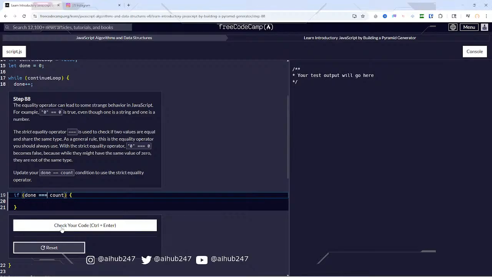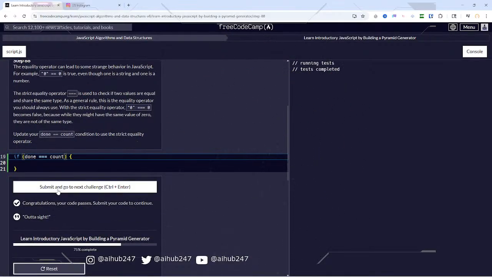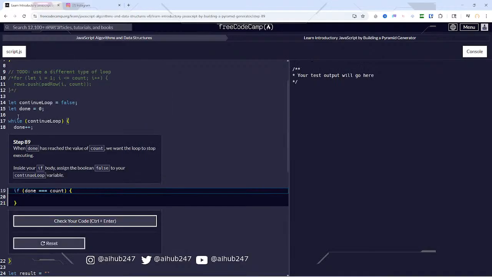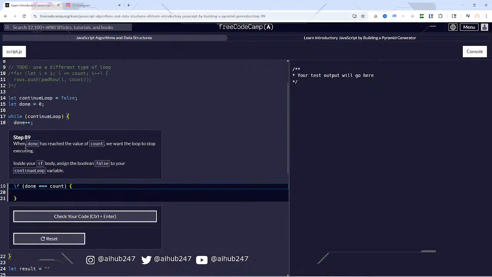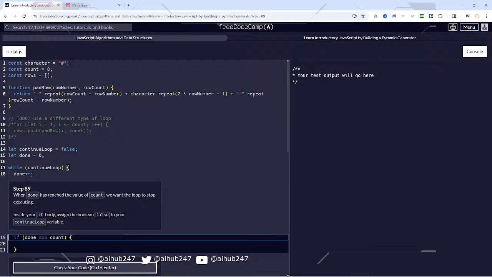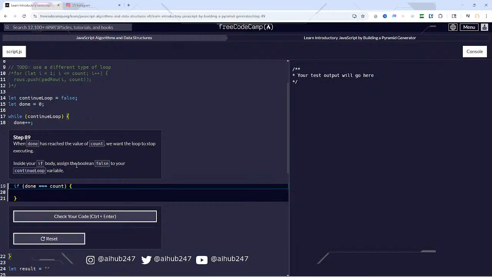And doing these daily, like I mentioned, they really help lock in things, especially a lot of the basics, right? But as you start learning that, even the hardest things are kind of broken up into basic things, right? Basic building blocks, right? All right, so when done has reached a value of count, we want to loop. Okay, there's a loop to stop execute. Inside your if statement, assign the boolean false to your